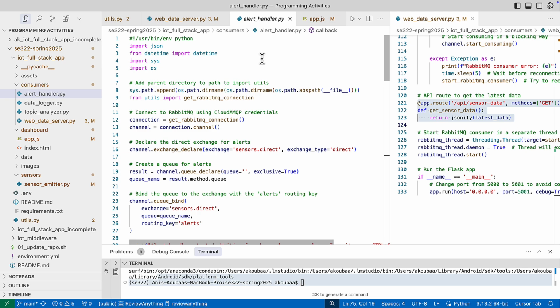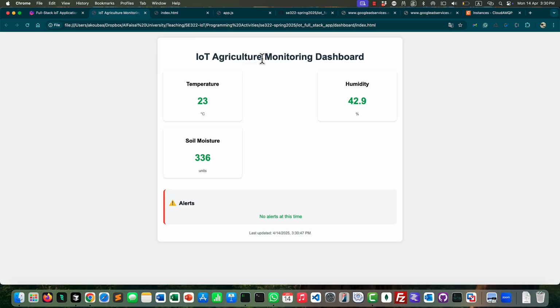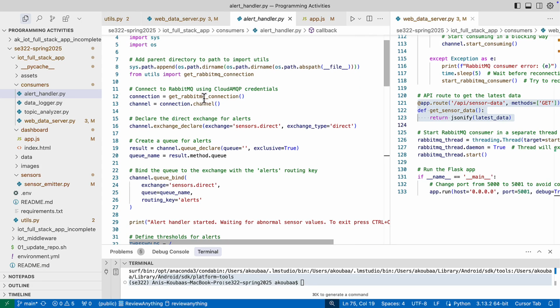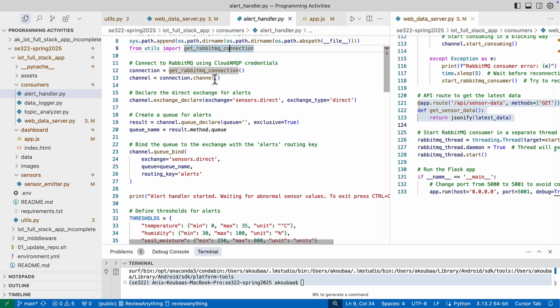We used fan out in the previous one because I care about all the values. This dashboard consumes all the values that are produced by the sensor. But now the second alert handler is going to care only about alerts. So the same thing: I need to define a RabbitMQ connection in the same way, create a channel, create an exchange, and now